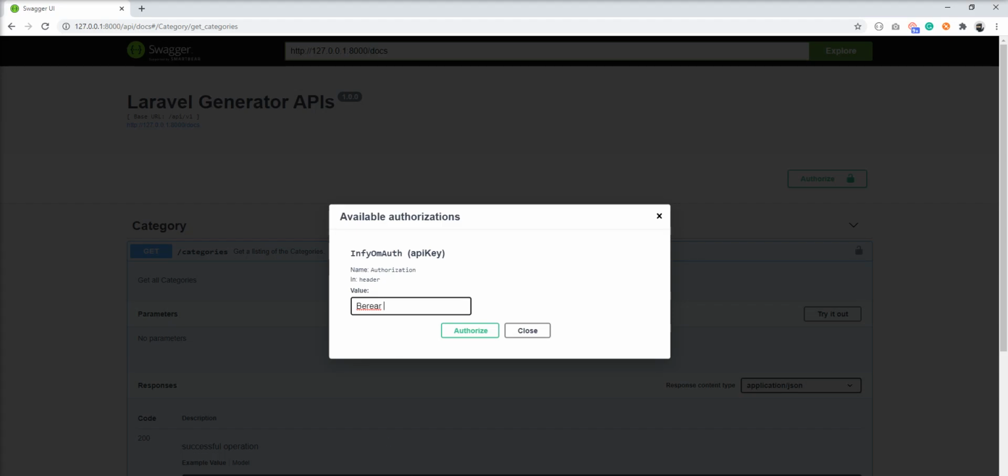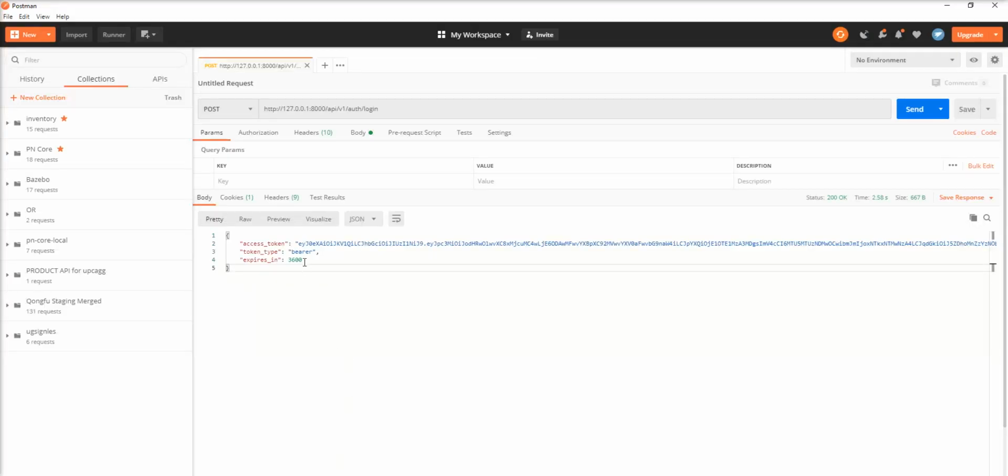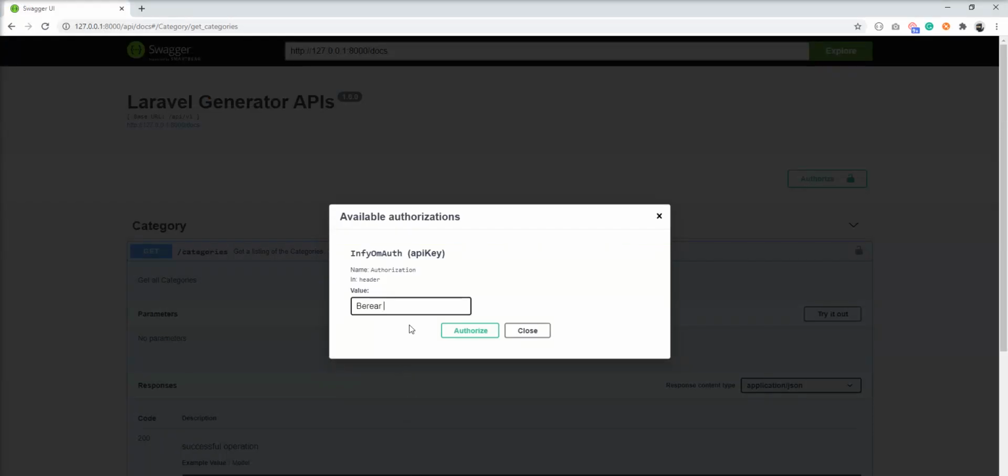and we need to pass the token. I logged in and got the token. We need to pass it here, so I write bearer and pass the token here.